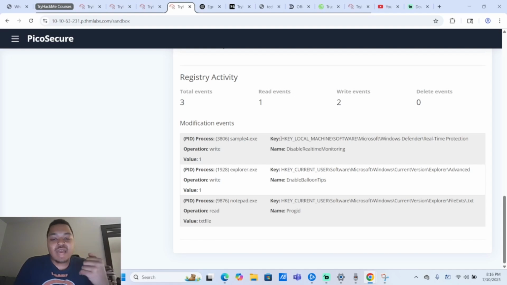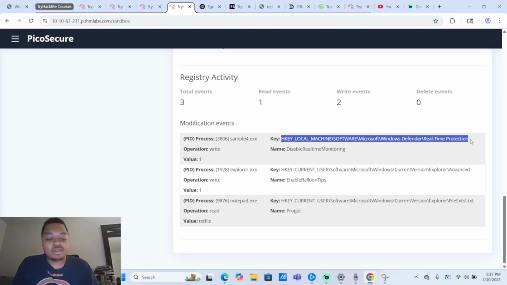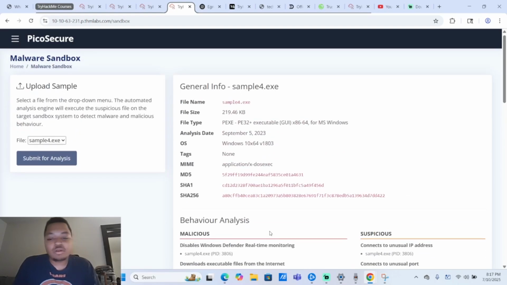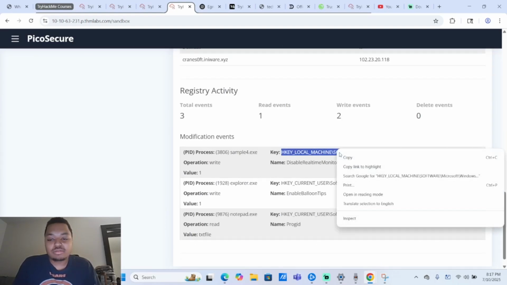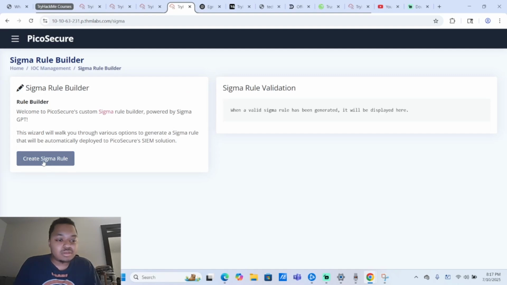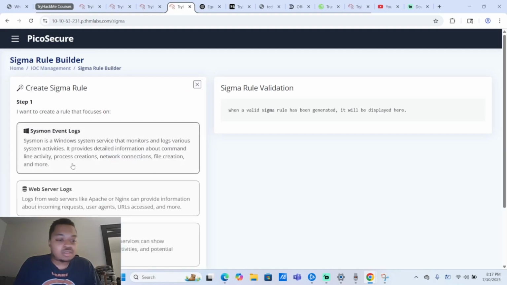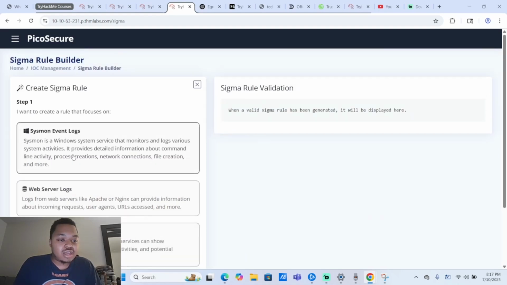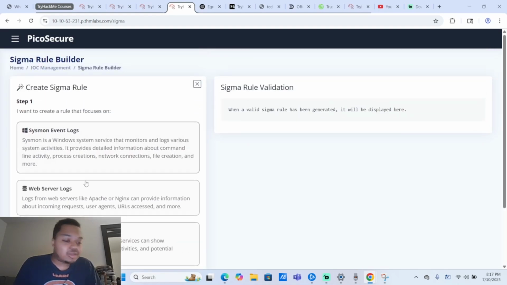So you can copy any of the key names. To be fair, I think it's very much doable. You could copy any of them. So you just copy the top one and click Control-C, or you can just use copy. So go to the Sigma rule builder and go to the application logs, Sysmon